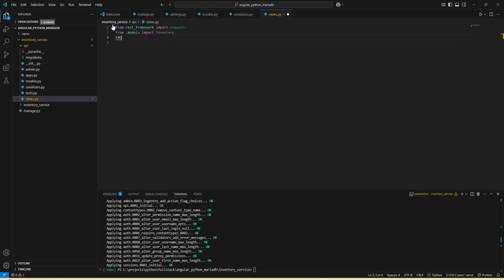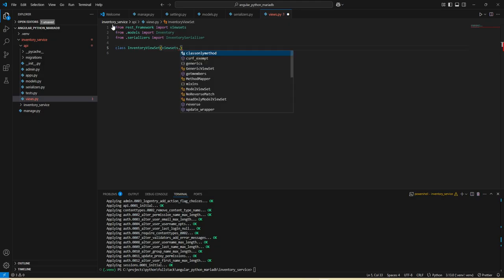Next, from serializers we are going to import our InventorySerializer, and here we can create one class for our inventory. We can use the name InventoryViewSet, and here we can use viewsets.ModelViewSet,